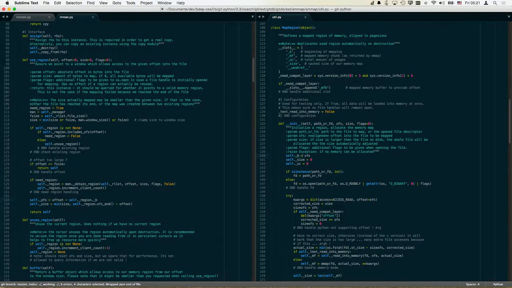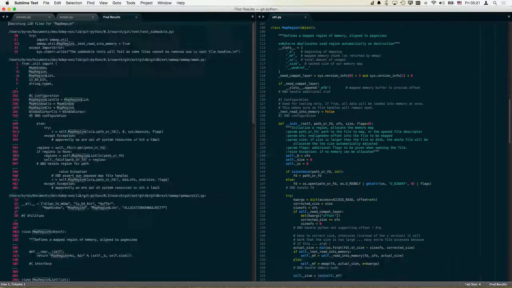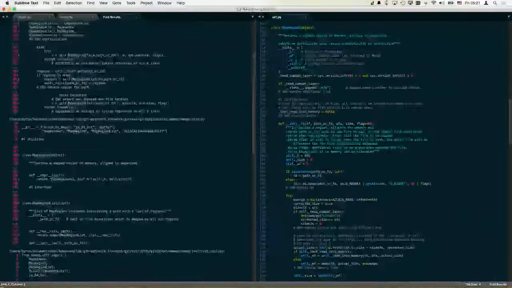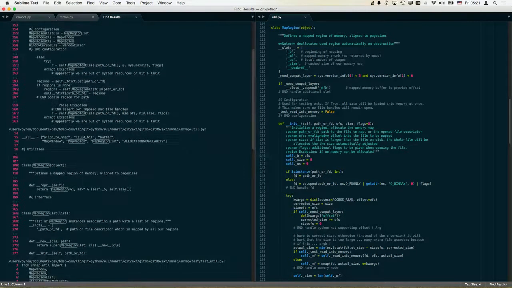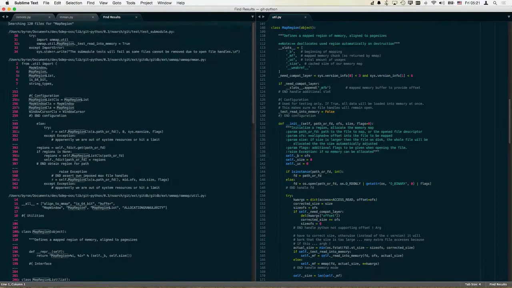Set is initialized by an object. Where's the map region being created? MMman uses it. Map region list is there as well. But that doesn't matter. Here we create a few. Oh, that's just a test. Fine. Good. So it's totally self-contained in mmap, I guess. And it creates a region list, which in turn creates